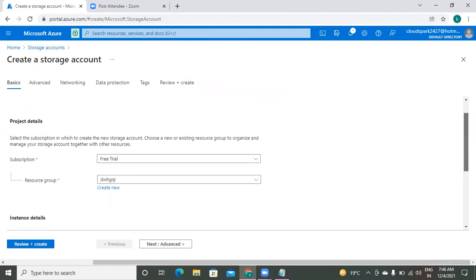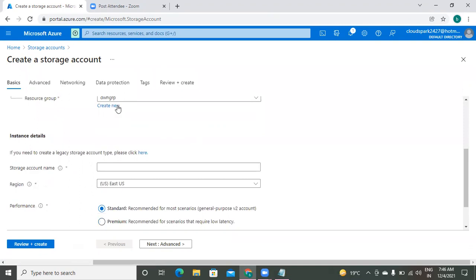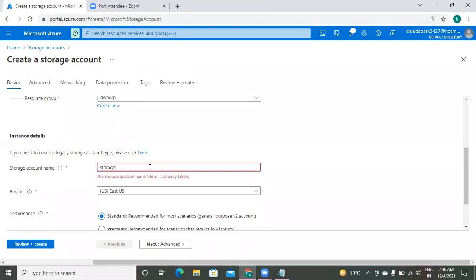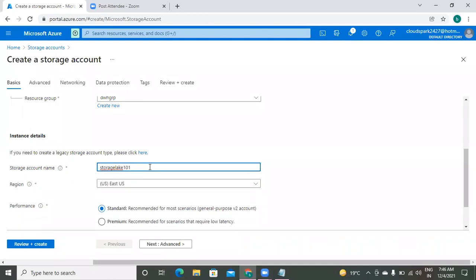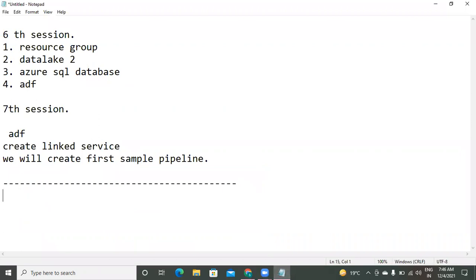My subscription and resource group are already selected, and give any name here. The name I am giving is Storage Lake 101. Let me write the names, otherwise we will forget. This is our storage account.